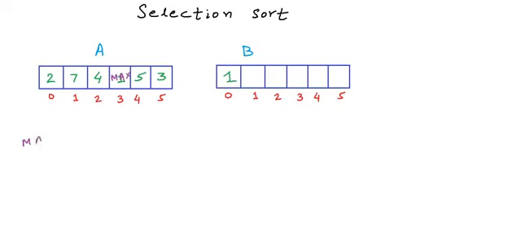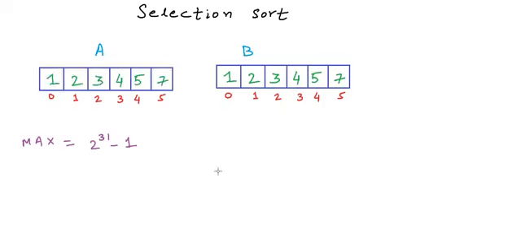We can choose this max to be something like the largest possible value in a 32-bit integer, and now we will scan A again for the second smallest element that will go to the 1st index in B. That element will be 2, so 2 again will be replaced by max, and now the minimum is 3, and we will go on doing this until all the positions in B are filled. In the end, we can copy the content of B back to A, so A itself will become a sorted arrangement of its initial elements.